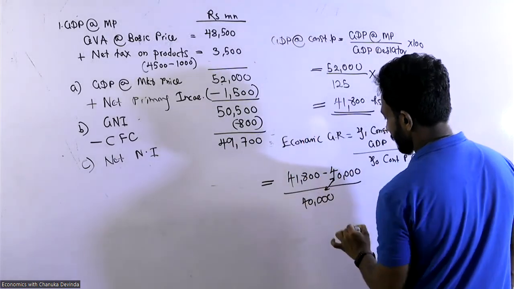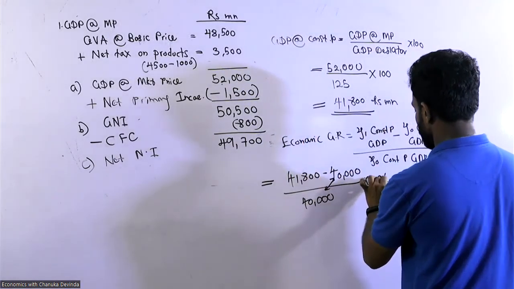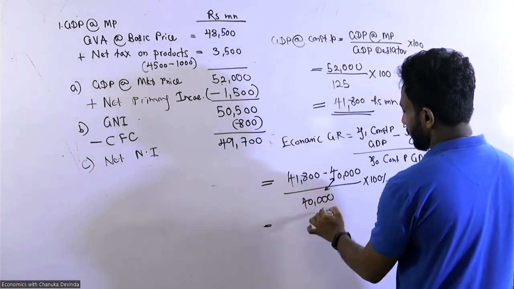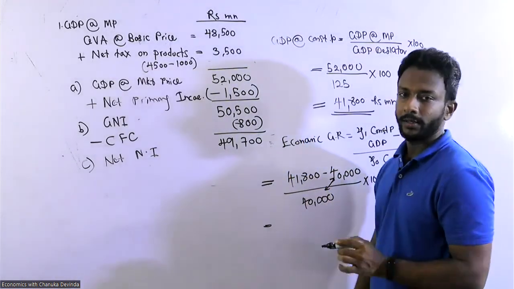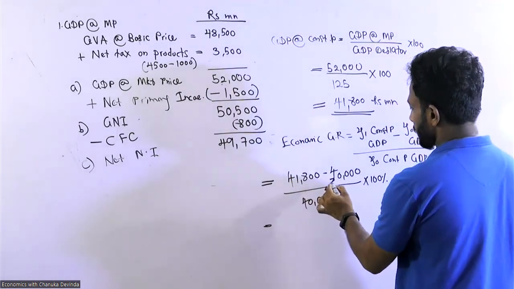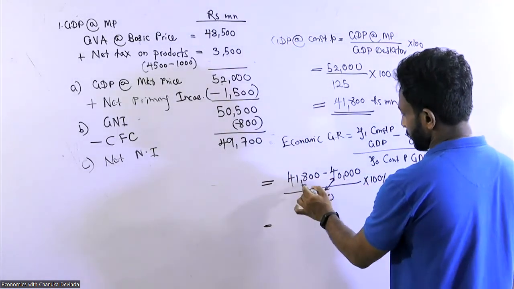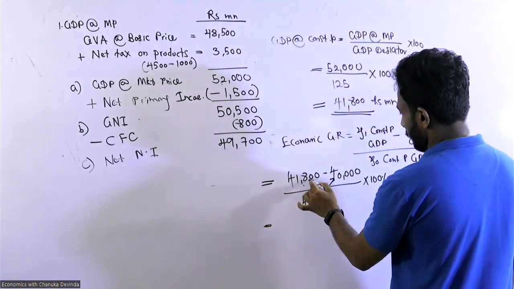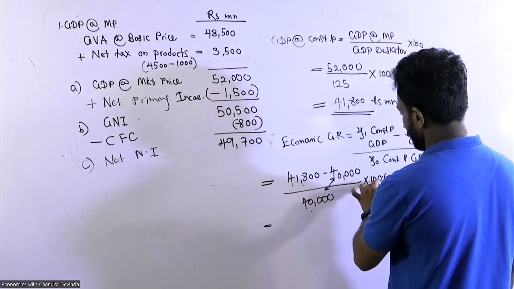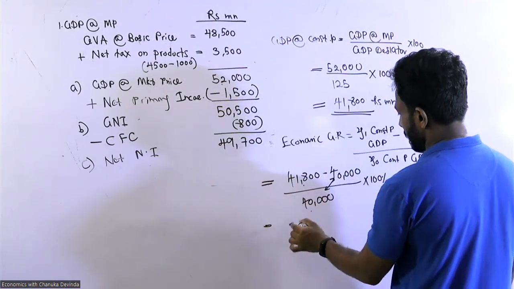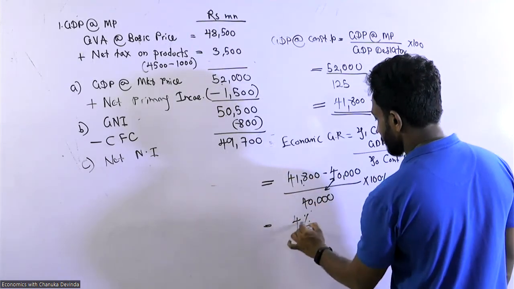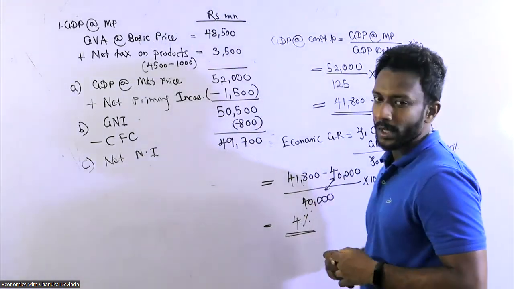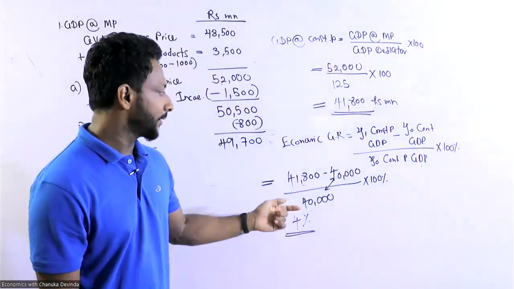It is equal to 1,800 divided by 40,000 into 100. That means 180,000 divided by 40,000, which is 4%. So economic growth rate is 4%. How to calculate it? Just